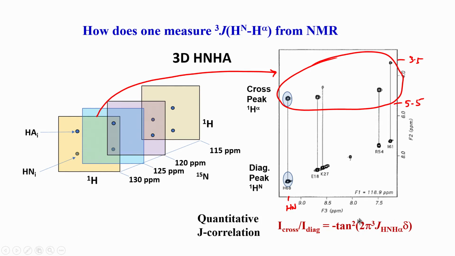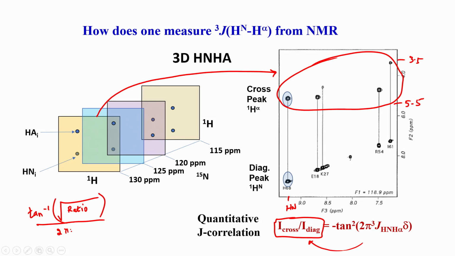Now, what I can do is invert this. Based on the intensity I can take a square root of this and take tan inverse. So let me write it down here. If I know this value, I can take the square root of that ratio, I will call it the ratio, and then take a tan inverse of this. I am just inverting from here to here, and then dividing by 2 pi into delta. Delta is a delay in the pulse sequence which is not shown here. There is a delay value in the pulse program which I did not show in this one. So that delay value is delta.